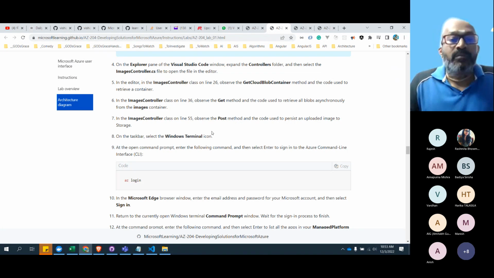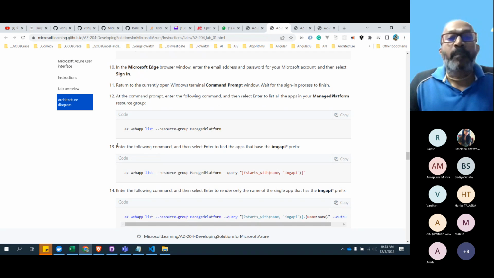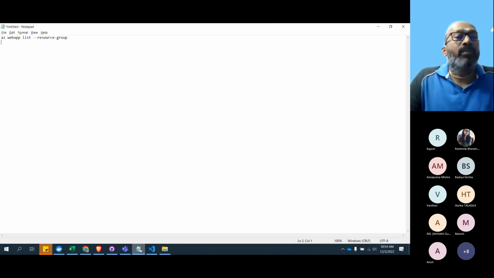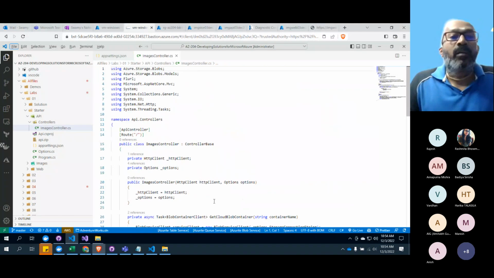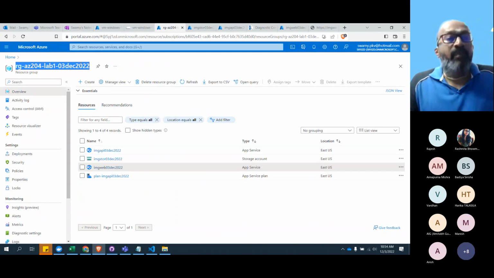So we have come till here, and assume I already did login. Now we need to do this. These are some of the commands. Let me put it here so that it will be easy for me to modify this. Let me get this resource group name.